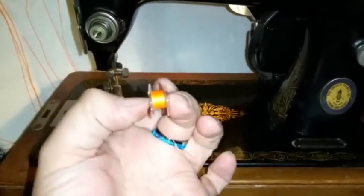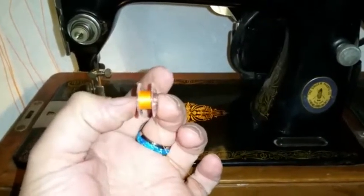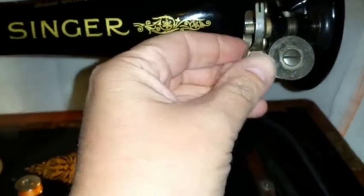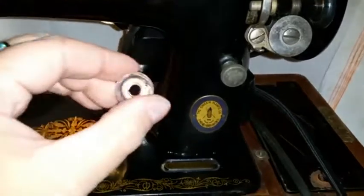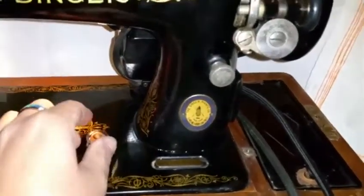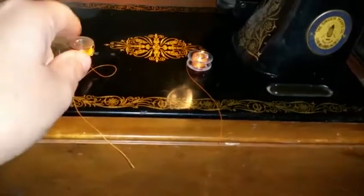This is a clear one, but for some reason the dimensions seem almost identical, but the space between the top and bottom part of the spool is just a little too small, and as a result it had a very difficult time winding on the bobbin winder. This is a bobbin winder here. Okay, so since I've got a thread on here, and I did sew with it, I did have this in the bobbin case, but I just don't like the fact that it was being scraped up, so I went ahead and I'm buying a few more